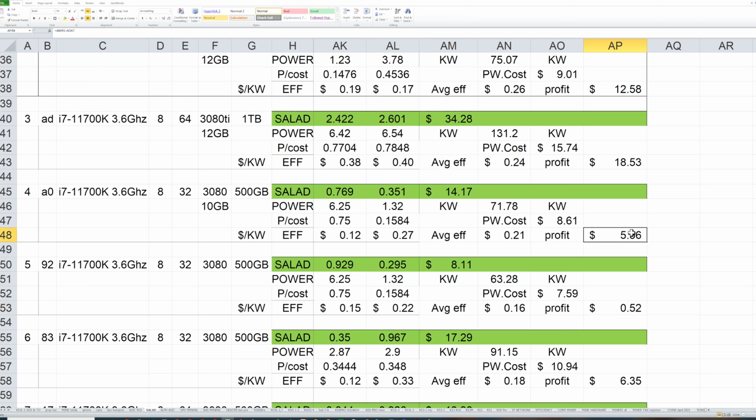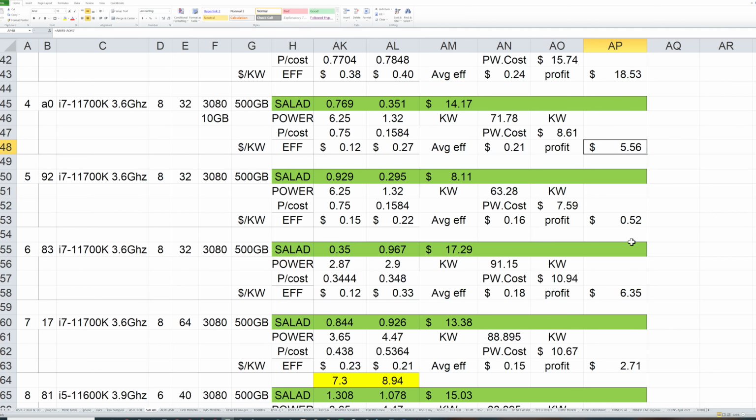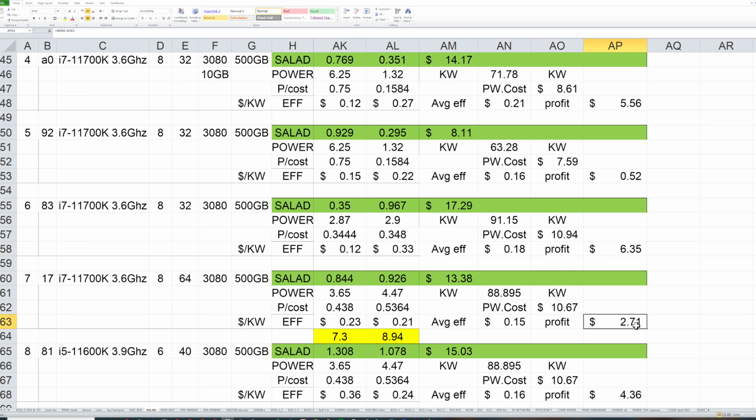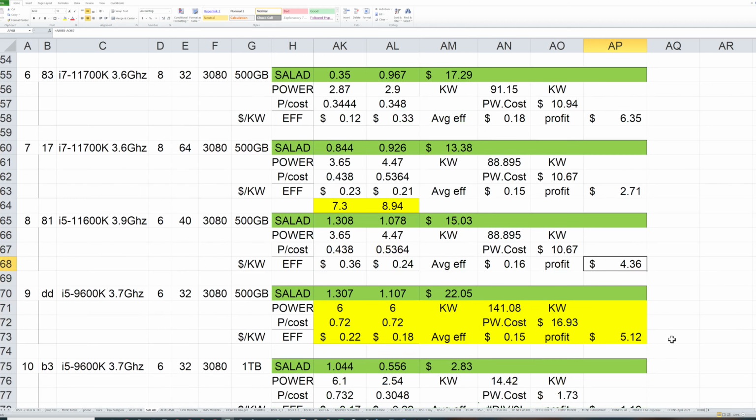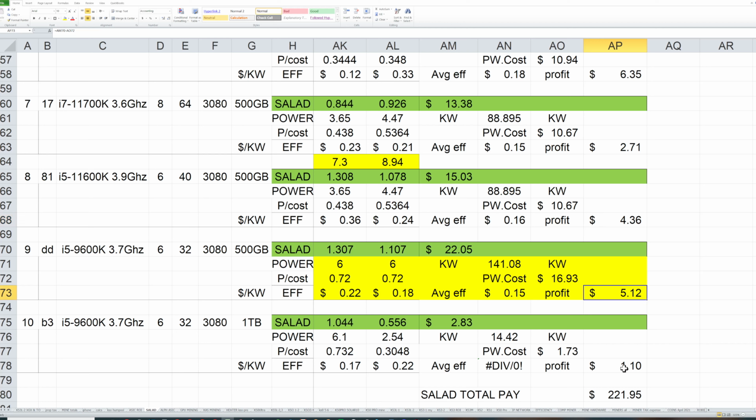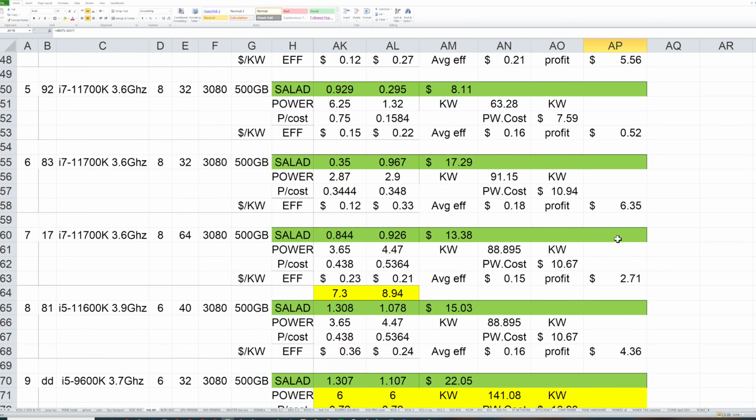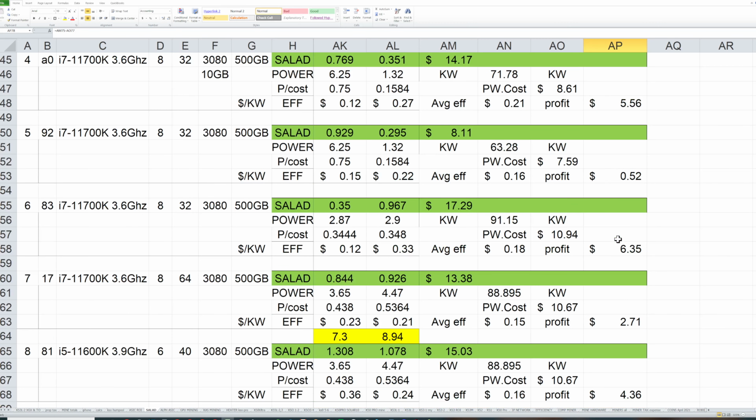So at least the first 3080 rig did $5, the second one $0.52, the third one $6.35, and then $2.71, and then $4.36, $5.12, and the last one, I just put it online the last 4 days, and it's already made $1.10. So lately, I think in the last few days, that's where we see slightly better rates. And then yes, I had issues with the Salad update. I did a few updates,